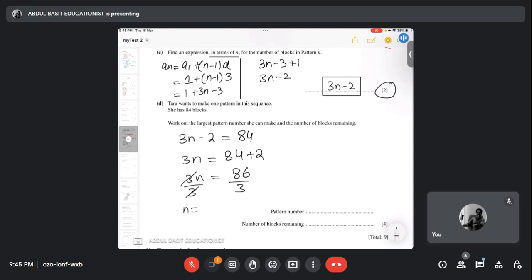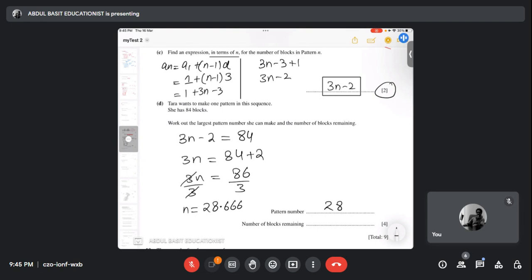86 divided by 3, देखें exact answer क्या आ रहा है बेटा? Please, 86 divided by 3, the exact answer is 28.67, yes or no? ये आंसर आ रहा है, so it means that Rida, she can make 28 patterns complete. So how many blocks